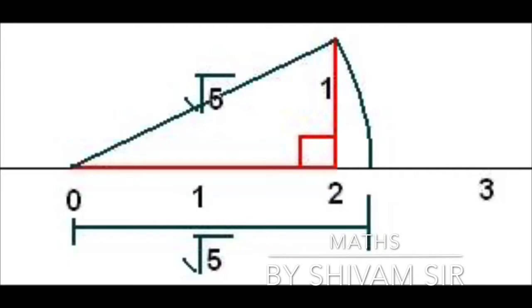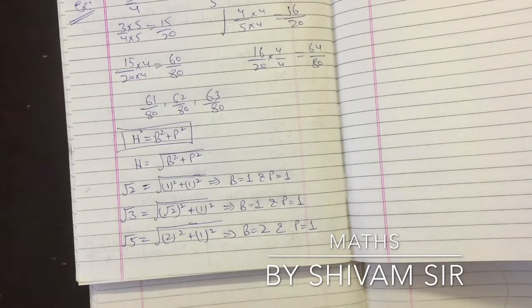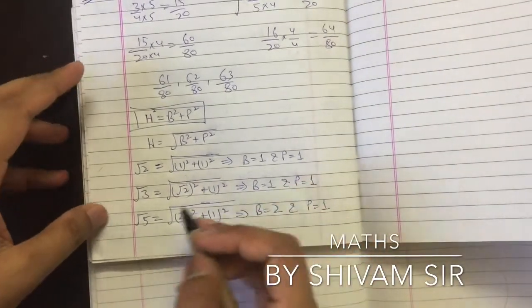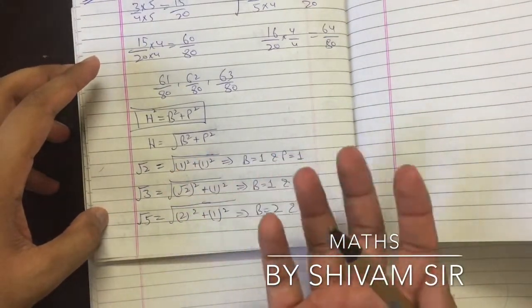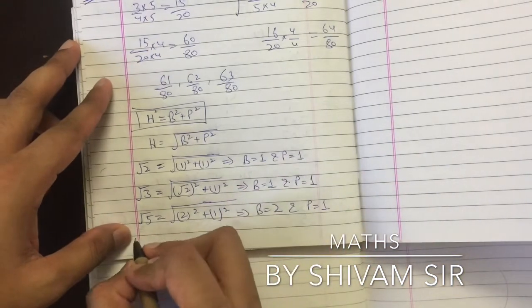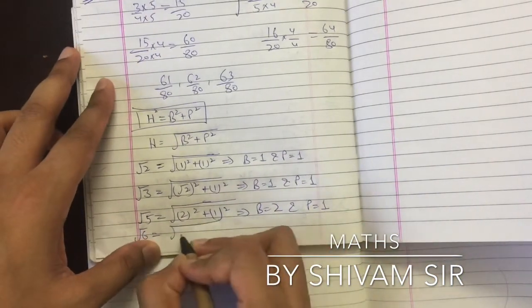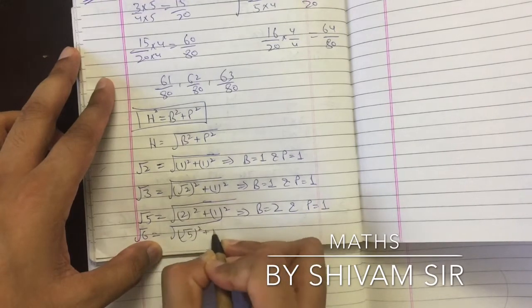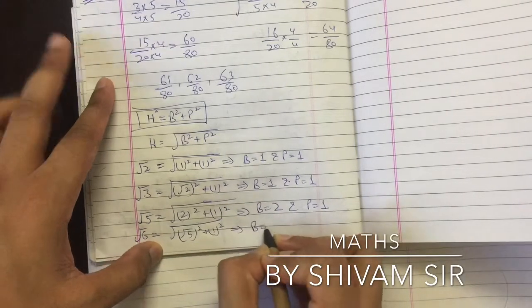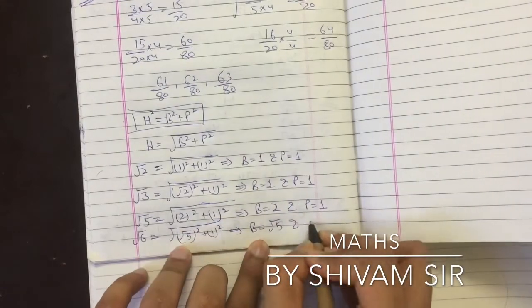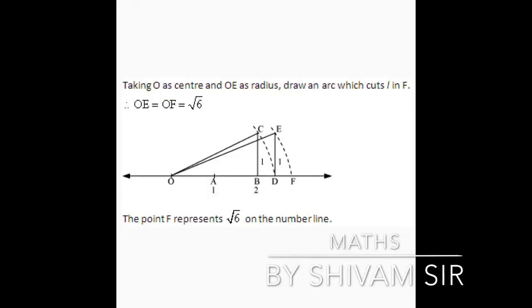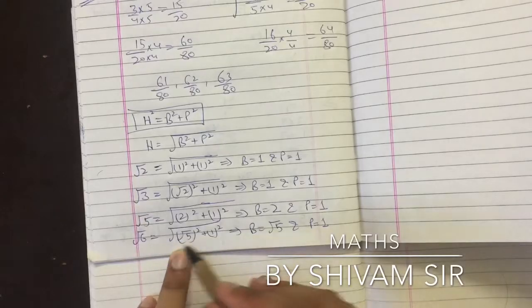Now put the compass needle on point O, open it up to that point and cut an arc over the number line. So this distance will be equal to root 5. So OC from the figure is equal to root 5. So you can represent any root number on the number line using this procedure. Root 6 also you can represent. Root 6 can be written as the square root of root 5 square plus 1 square. Now take base equal to root 5 and perpendicular as 1. So in the same way we have drawn root 3, represent root 6.